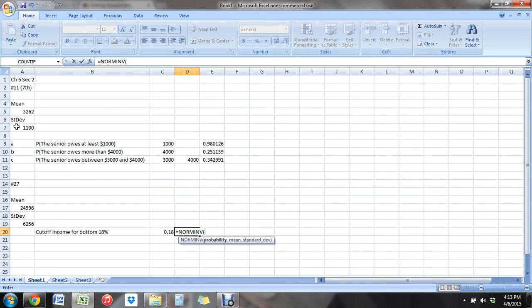and it wants the probability or the area to the left, the mean, and the standard deviation. And so the cutoff income for that is $18,869.48. So we can find that as well without having to look up the z-score and then convert z-score to an